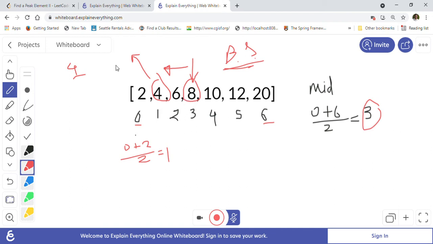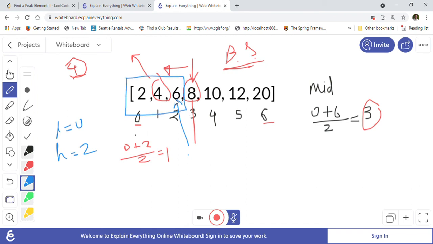For example, if we are at 8 and we are looking for 4, then we move our end pointer here, because we want to go to the left half to find the value. So the low will be 0, and the high we move to 2, so that we only consider this left half.